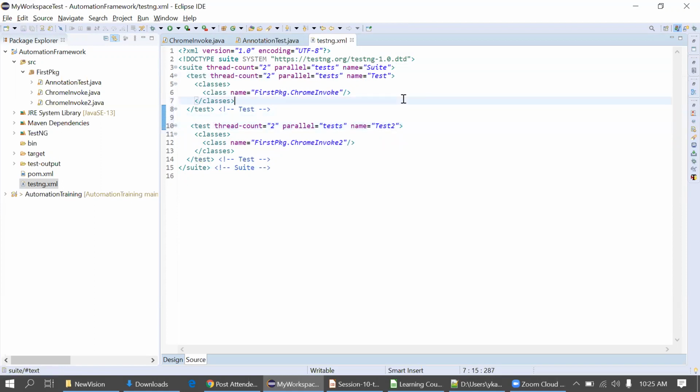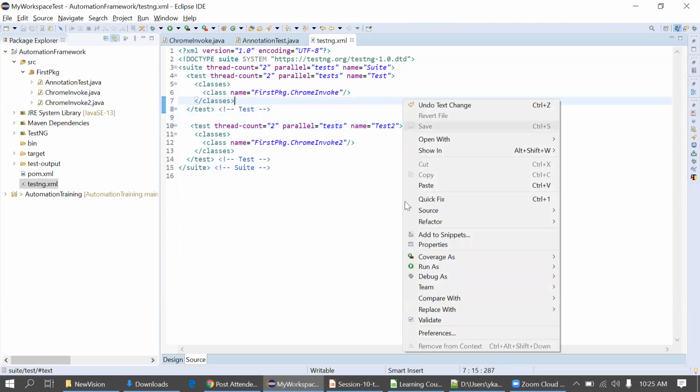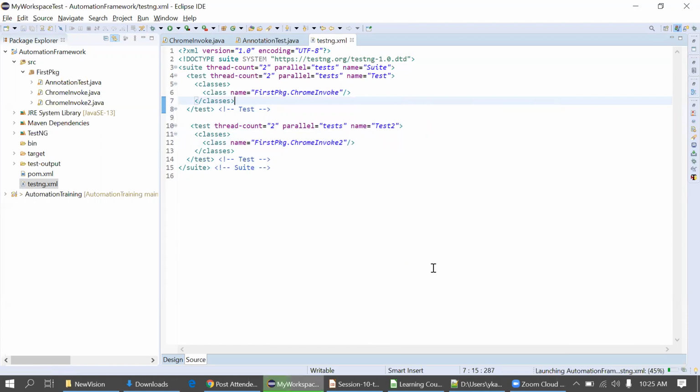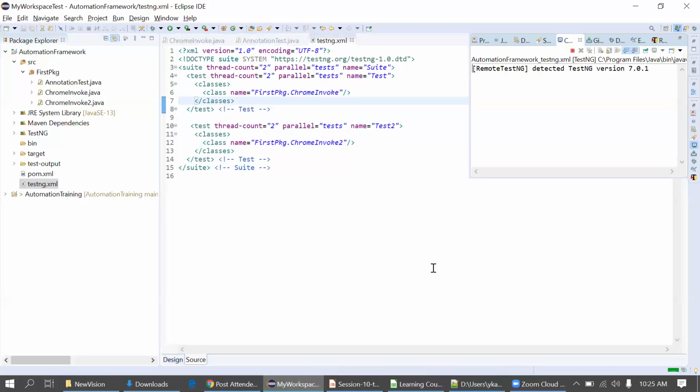Okay, and I'm just executing it now. It will simply behave like we are executing the test cases parallelly, classes parallelly.